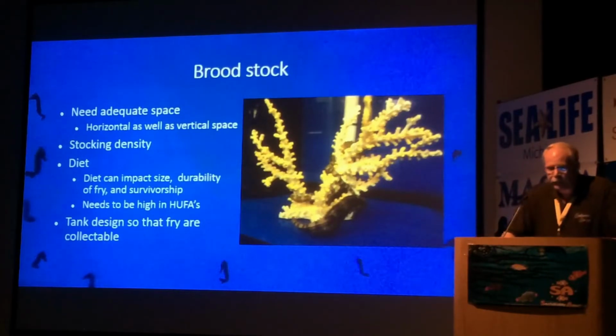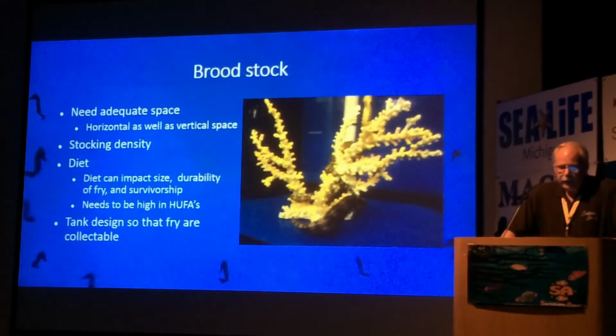And if I take, for example, a 150-gallon tank and put, say, 6 to 8 pairs in there, I only have 1 or 2 pairs produce. If I take those and split them out and put a pair per 30 gallons, almost all of them produce. So we've gone back to using smaller tanks for broodstock, either a pair in a 30-gallon or 2 pairs in a 55. When it comes to getting fry from broodstock, your diet will have a huge impact on